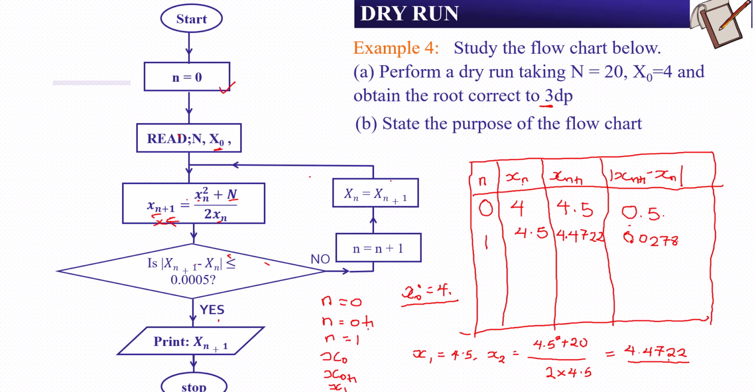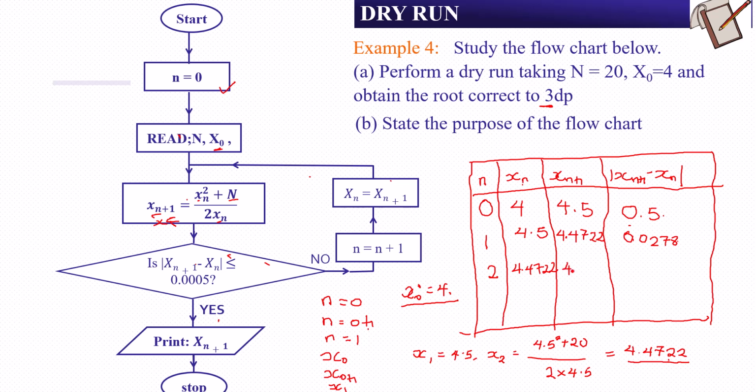Then we now go and check, is this value less than or equal to 0.0005? No, this value is greater than 0.0005. That means we go and increase our value of n, so it becomes 2. Then here, our xn now becomes 4.4722. And then when you substitute this in the formula, you will get